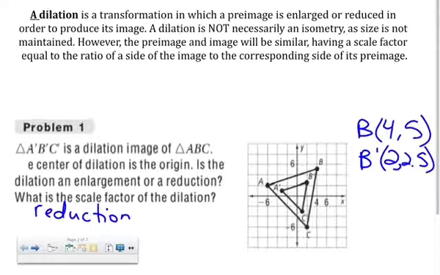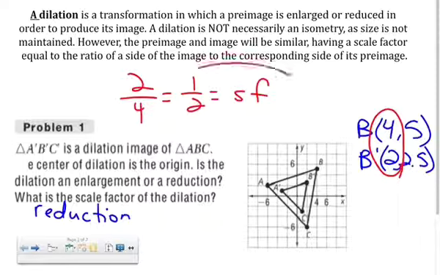Since I told you that scale factor is calculated by taking new over old, looking at these coordinates, what do you think is our scale factor? New over old. I heard it. Say it again, Isa. It's 1/2. If I just look at those x-coordinates, new is 2, old is 4, reduces to 1/2. There it is. Yes, ma'am. Because 0, 0 is our center of dilation,